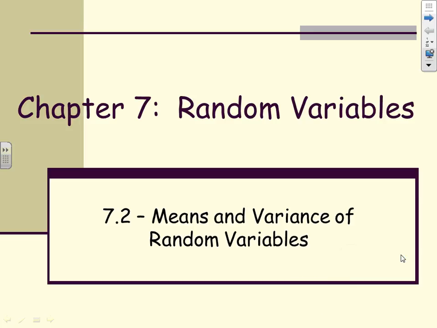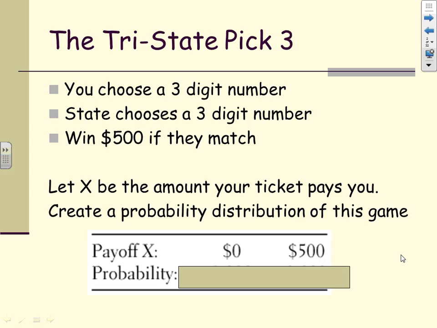Okay, so we're moving on to section 7.2 in our chapter 7, random variables. And we're going to be talking about not just what discrete and continuous random variables are, but we want to understand more about them. And to understand more about them means to think about their distribution. And when we think about distributions, going back to chapter 1, well, we want to describe measures of center and measures of spread. So this section is all about the means and variances of random variables.